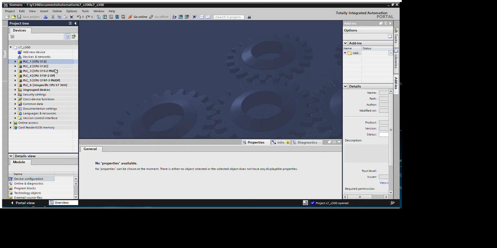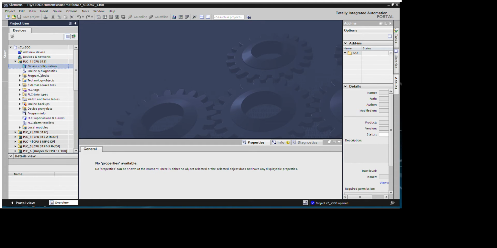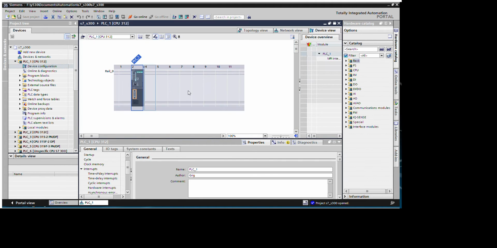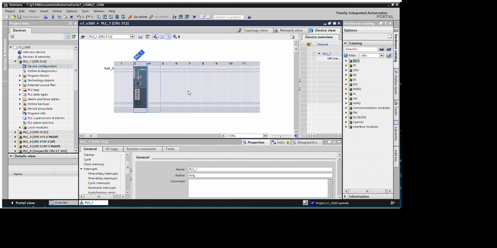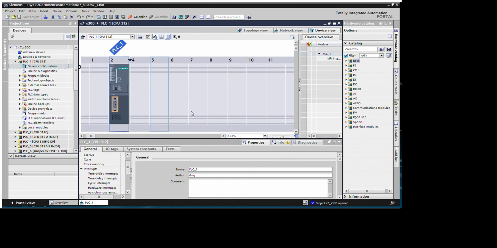I want to notice the fact that they are or they are not present letters at the end of each name. Here, for instance, we have a C, we have an F, and so on. This one doesn't have. The one that doesn't have a letter is called standard PLC. The standard PLC, as you can see here, let me increase, is a normal PLC